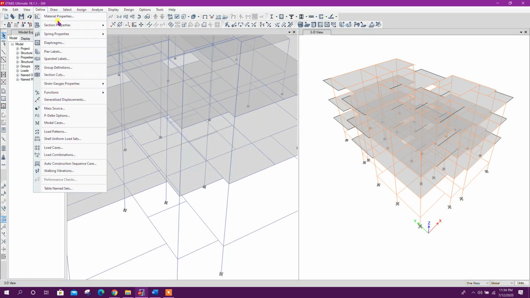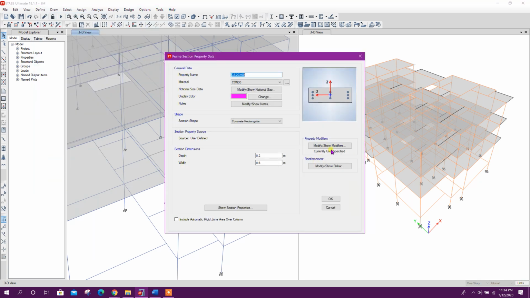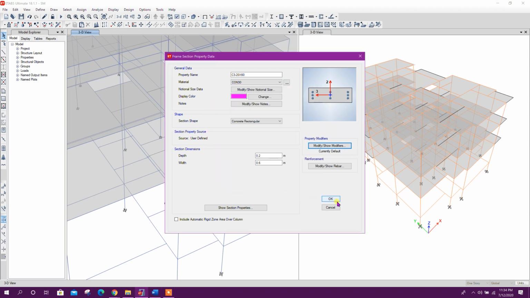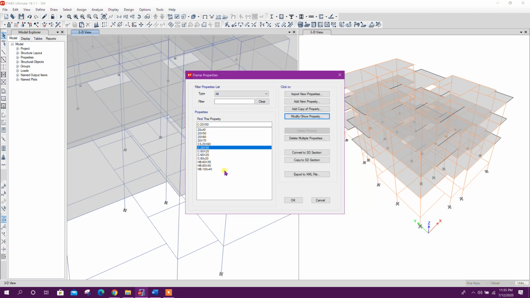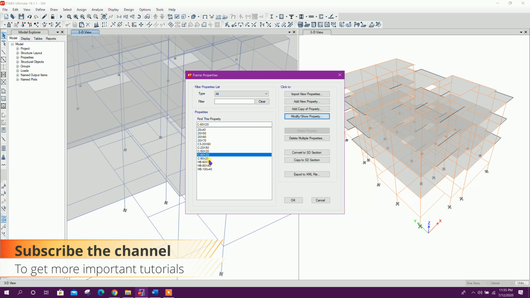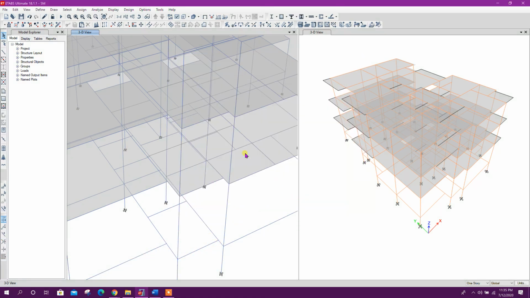Now we will go to section properties. From here we will change the stiffness modifier to 1, 1. Click on OK. Okay.